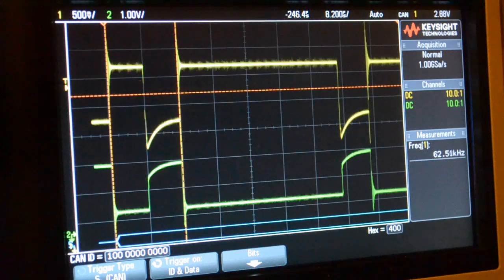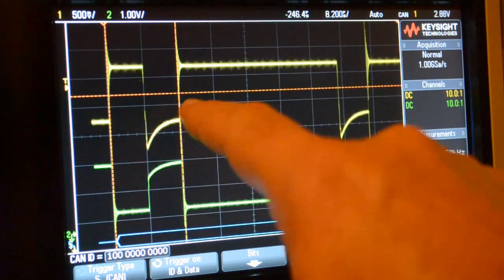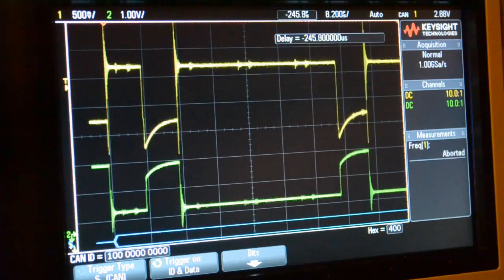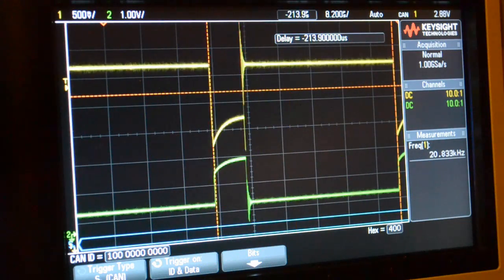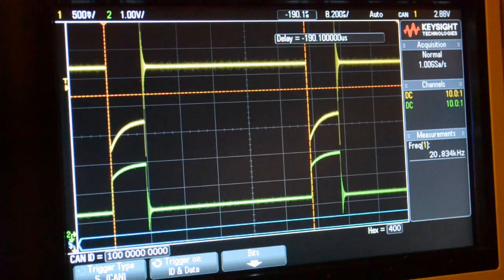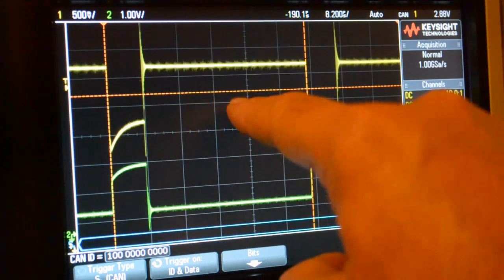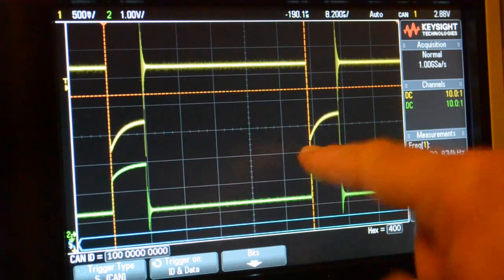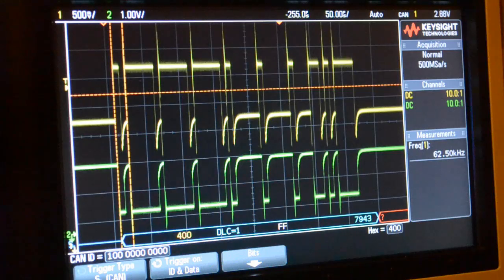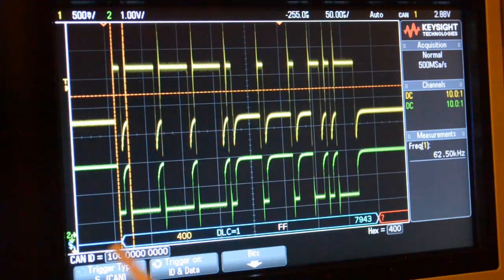That's the stuff bit. So 1, 2, 3, 4, 5 zeros. A stuff bit, and then 6, 7, 8, 9, 10, and stuff bit again slightly early, and that's the whole code. So hopefully you can understand now. So that's our ID, data length code. We're only sending 1 byte. That's the data I'm sending,